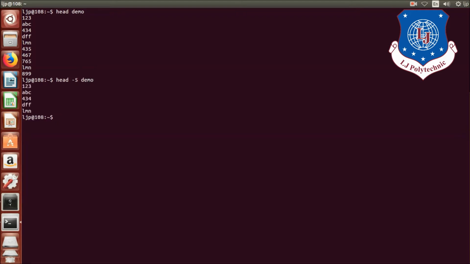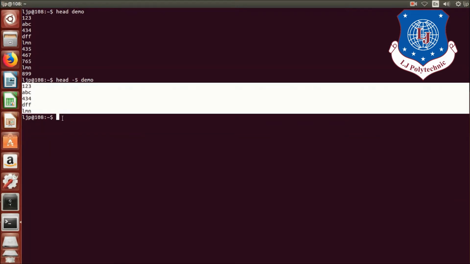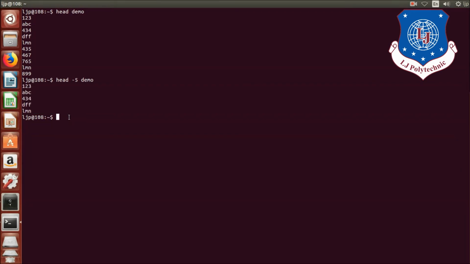So here it will display first 5 lines from demo file, as you can see over here. So in this manner, if you want to display any specific number of lines from your file, you have to mention that number with head command. So this command is used to display first 10 lines from mentioned file.